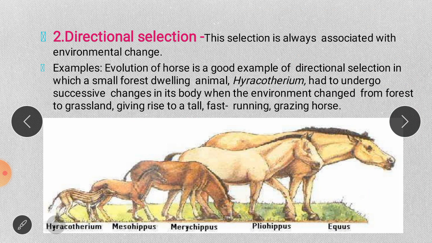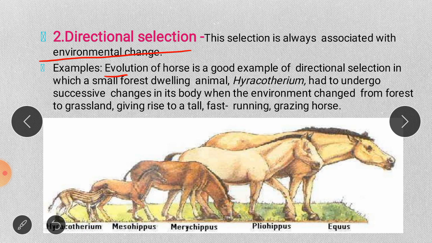Then the second type is directional selection. So this type of selection is always associated with environmental change. So this is a type of selection in which selection takes place in one direction. Okay. So here we have one example about the evolution of the horse, which is a good example of this directional